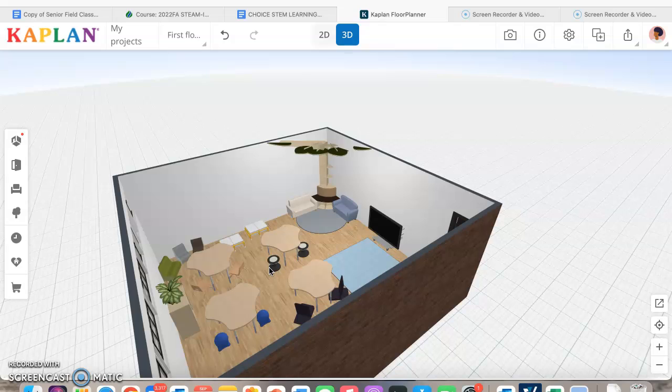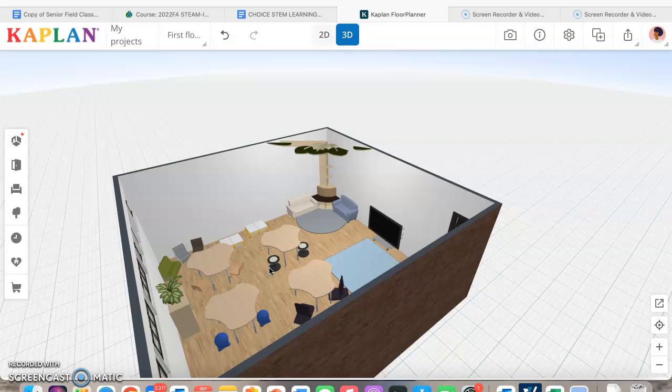So I wanted to have mobile centers where the students didn't have to go to the center, the center could be brought to them. I really like that idea, just so that students didn't have to necessarily stay in one place. They could go anywhere in the room. And then